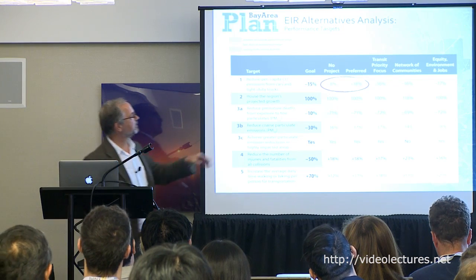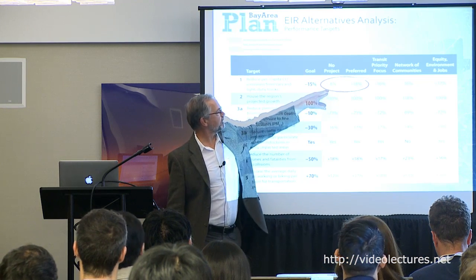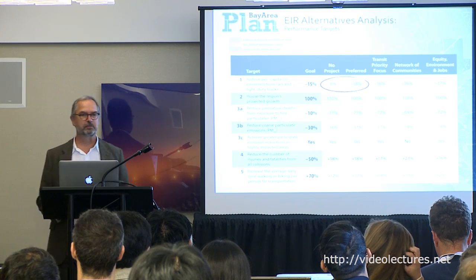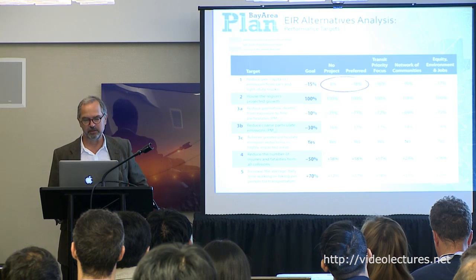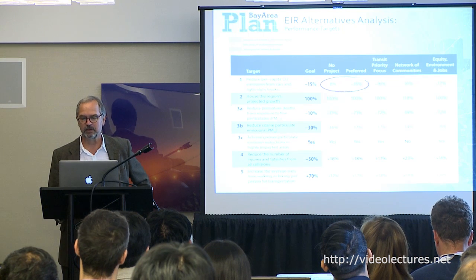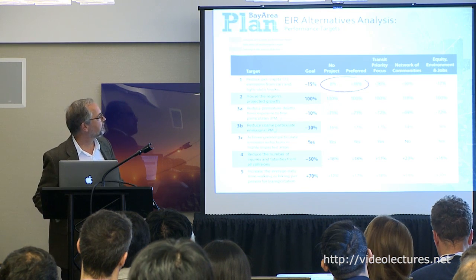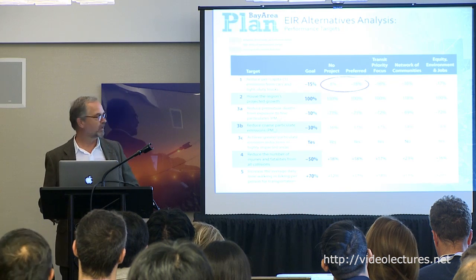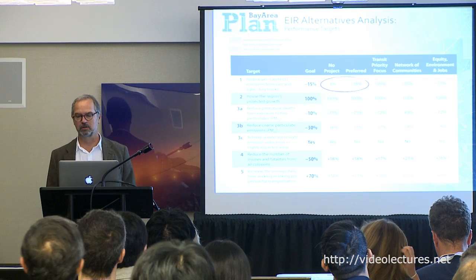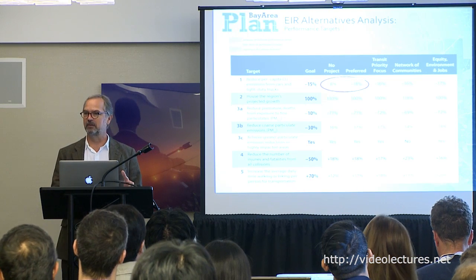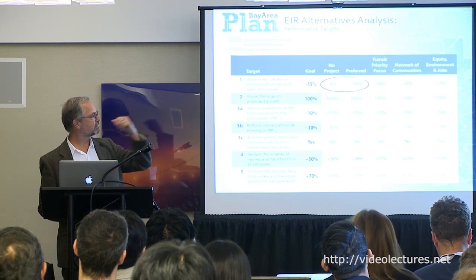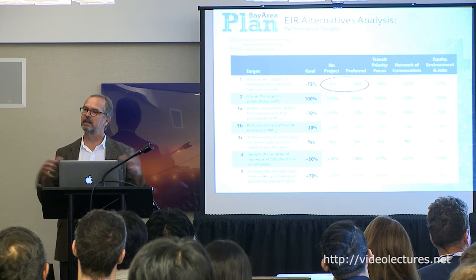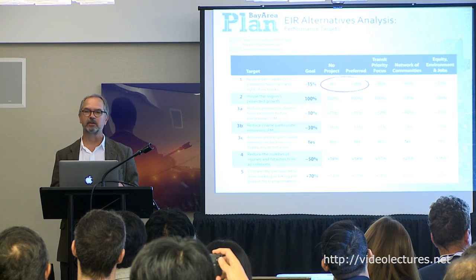And so you see here that the no project alternative, as it's called, falls well short of the greenhouse gas emission target of 15% reduction by 2020, I believe that particular outcome was. And then the preferred alternative that was ultimately adopted exceeded that particular target. And you can see that other alternatives were created both by the planning agencies and, interestingly in this case, the last 2 alternatives were actually created by different kinds of advocacy groups